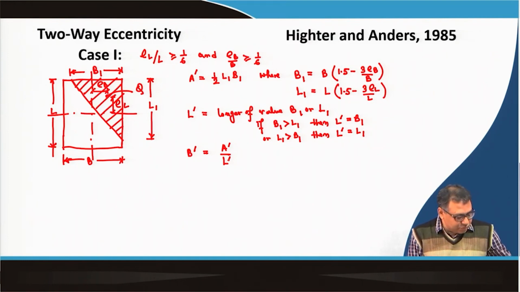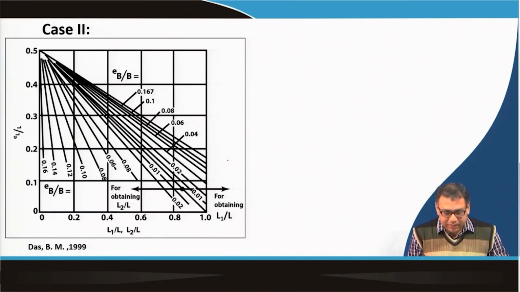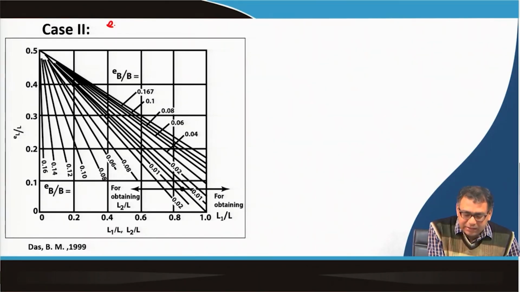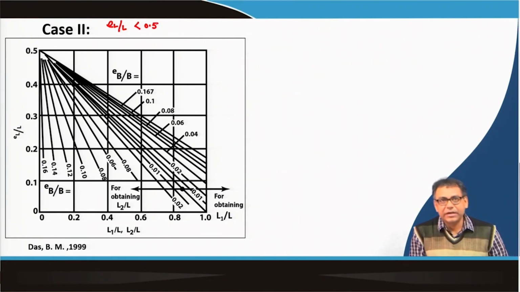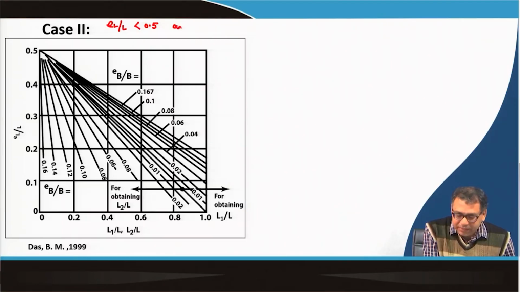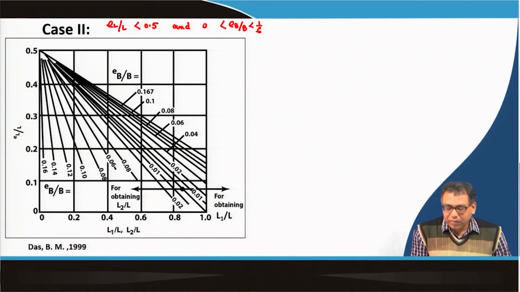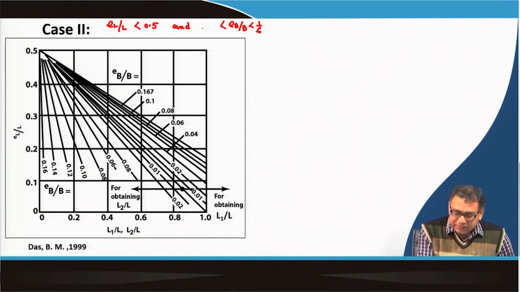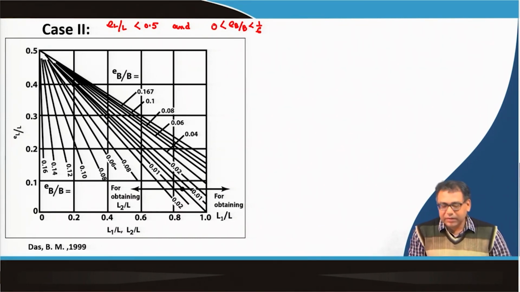Now, I will go to case 2, where the condition is that e_L by L is less than 0.5, because I mentioned these two are very important values, 1 by 6 and 0.5, and e_B by B is in between 0 and 1 by 6. Okay. So, e_B by B is in between 0 and 1 by 6. In such a case, case 2, my effective area will be,